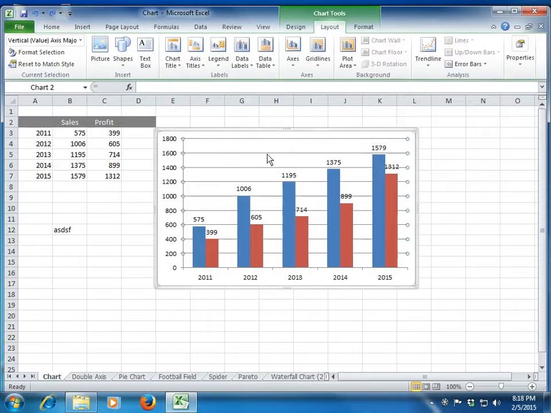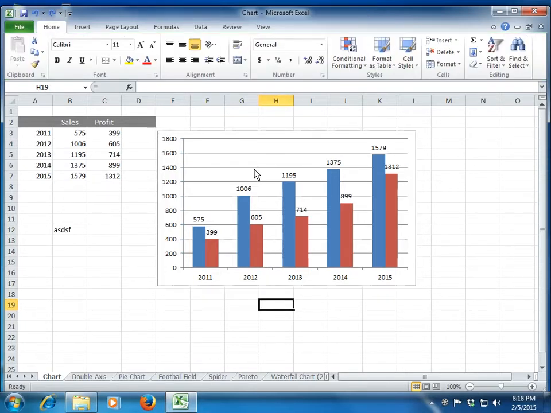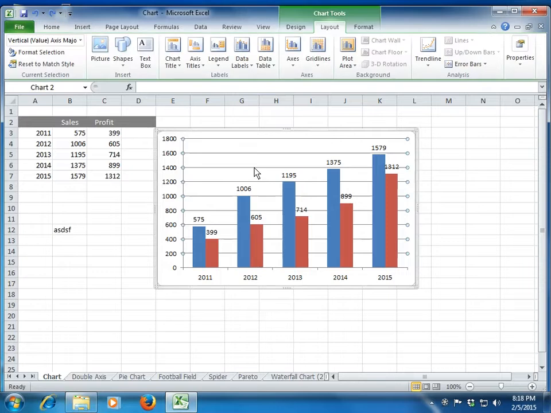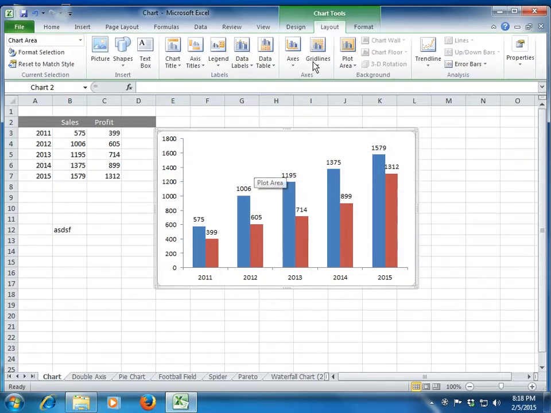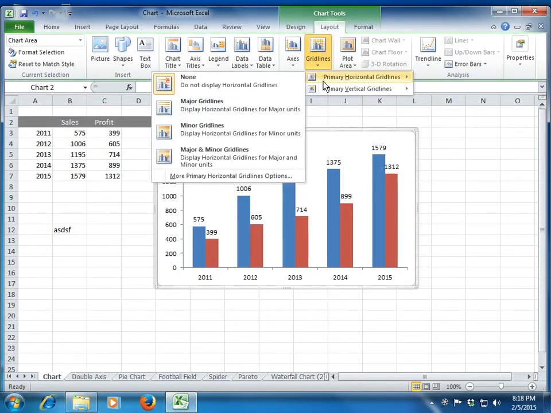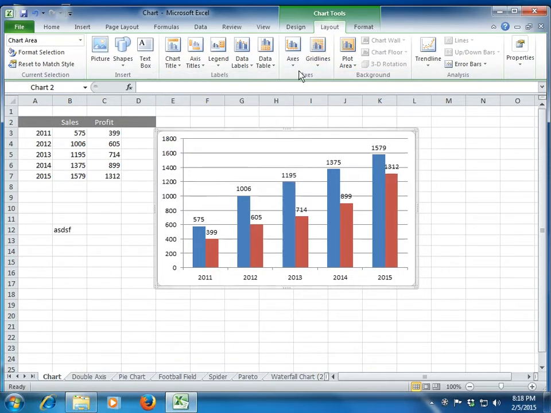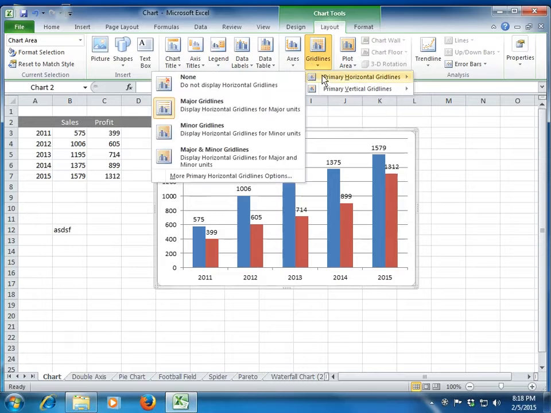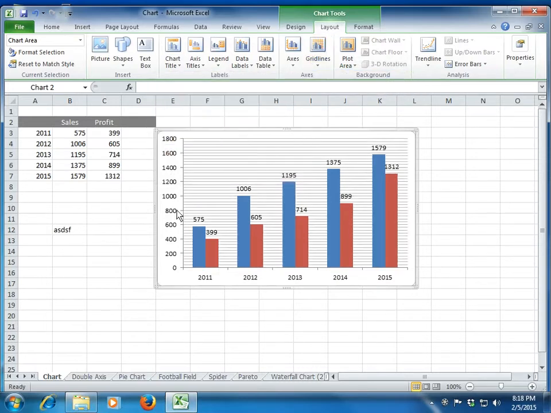As I said, this is the grid line. Generally most of the people don't want the grid line in the chart. Without the grid line, the chart looks much neater. So you can just simply select it, click anywhere on the grid line, and press delete on your keyboard. The other option is you go to the grid lines menu. This is your primary horizontal grid line. You can select none, you can select major. What we had by default is a major one. If you want a detailed grid line, you can select the minor. So you see that you get a minor grid line as well.